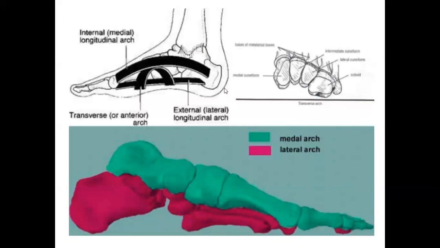So this is a diagram showing lateral view में आप देखो, so we have a medial arch and we have a lateral arch. और transverse arch ऐसे होगी, यानी if you cut it here और front से देखो, so this is the transverse arch. ठीक,